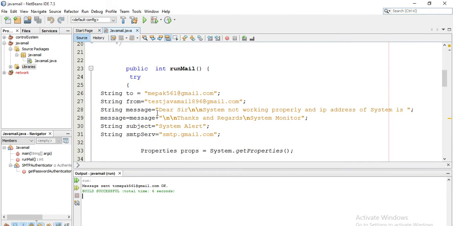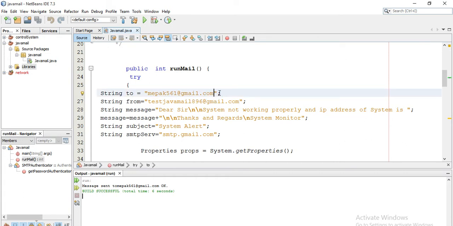We can change this value also by putting a variable here, and we can get the value from the user using input output functions or the scanner function. That is a different thing, but I'm telling you the core things. So this is the string where we want to send the email.